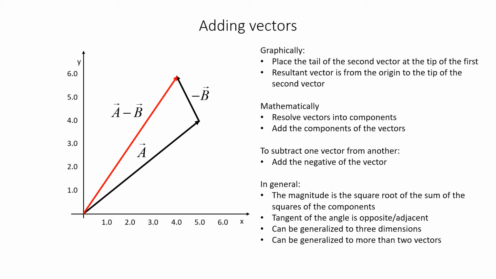In general, the magnitude is the square root of the sum of the squares of the components. The tangent of the angle is opposite over adjacent. This can be generalized to 3 dimensions and can be generalized to more than